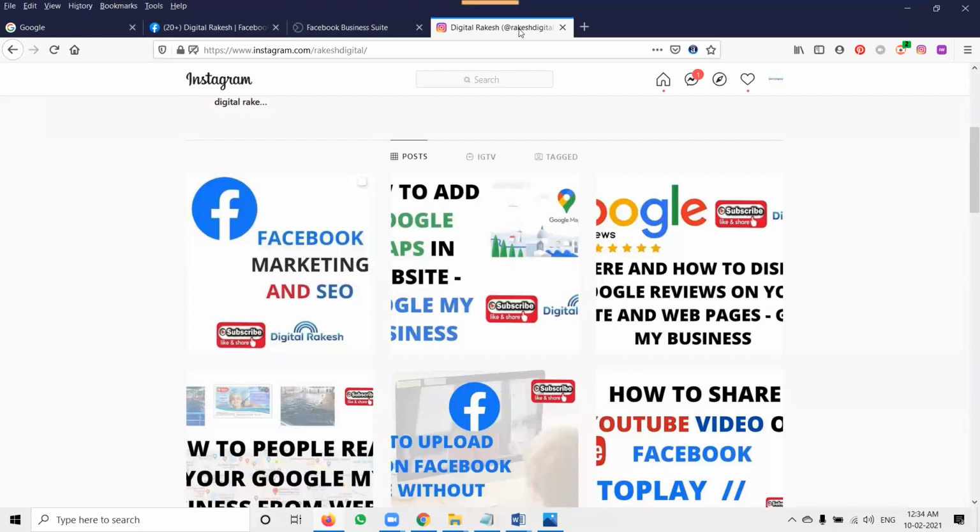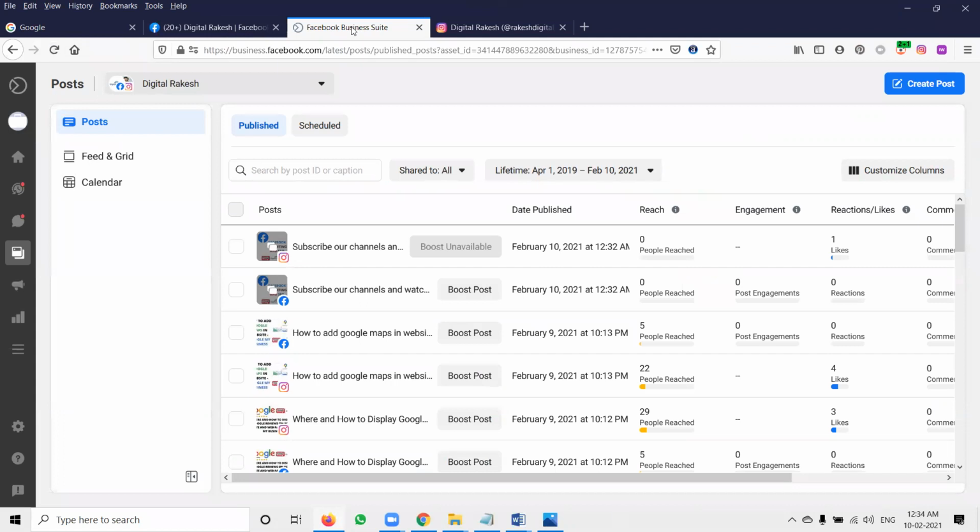So follow these instructions and make your screens perfectly. You can design in Canva and upload through Facebook Business Suite. If Business Suite is not visible, use Mozilla or Internet Explorer if it is not visible in Google Chrome.